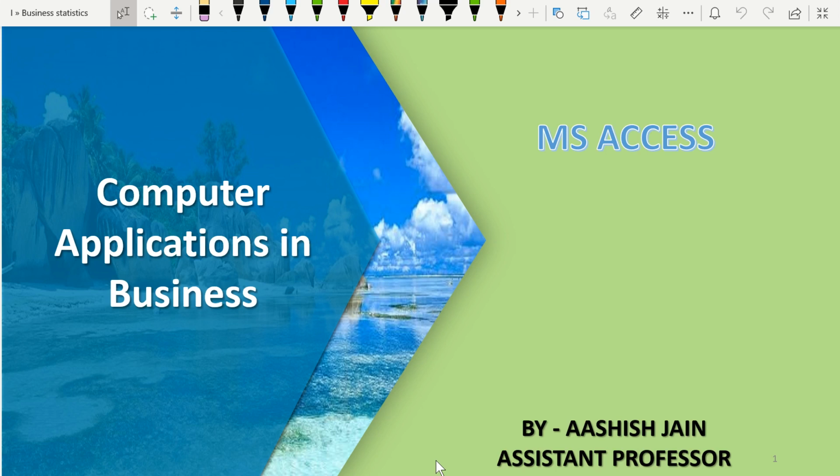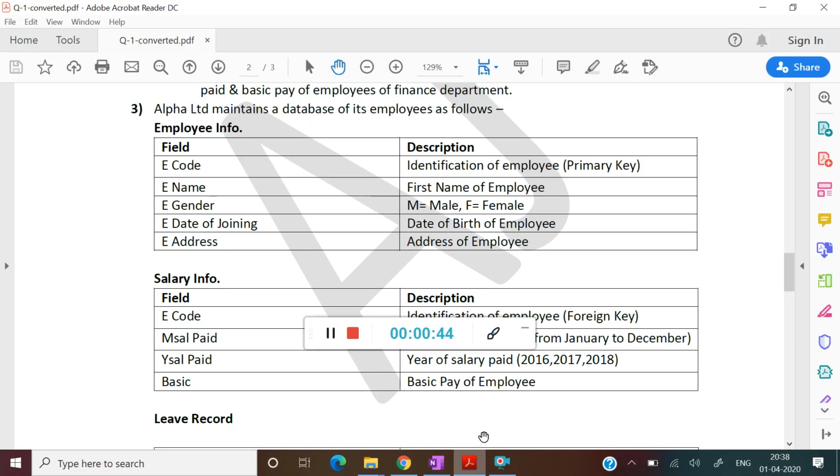First read the illustration very carefully because in this question we will cover all the basic points. The question is: Alpha Limited maintains a database of its employees as follows. First table is for employee information. The fields are e-code, e-name, e-gender, e-date of joining and e-address.